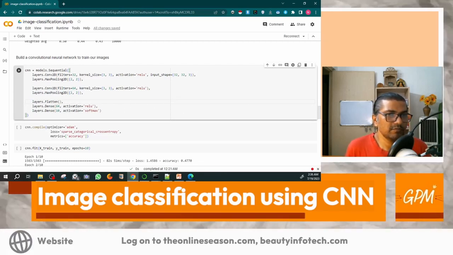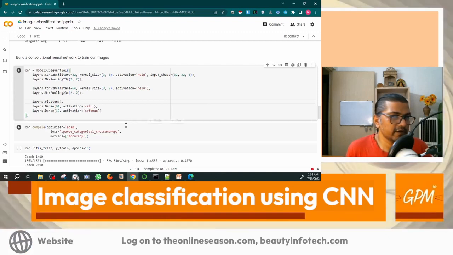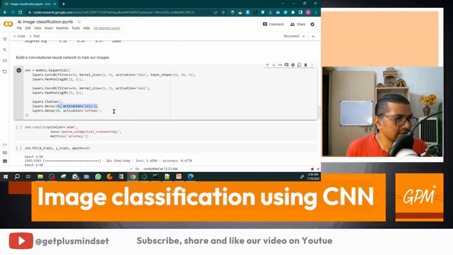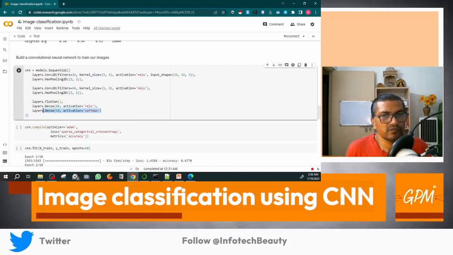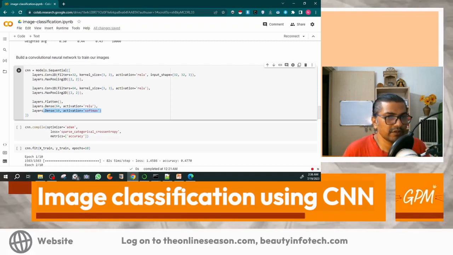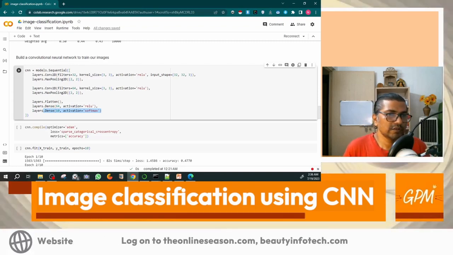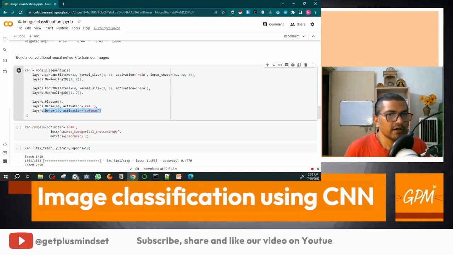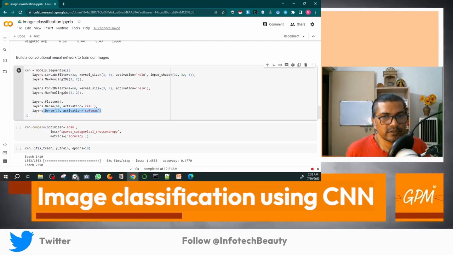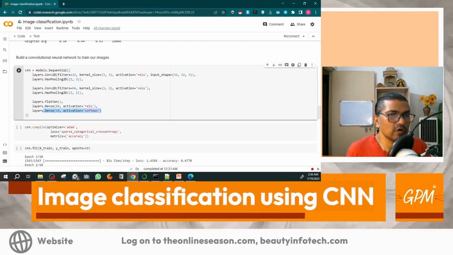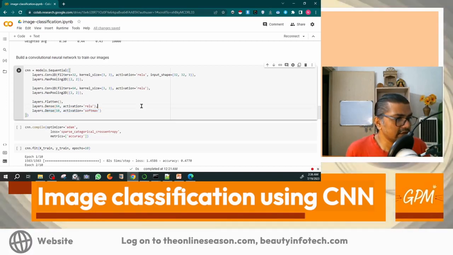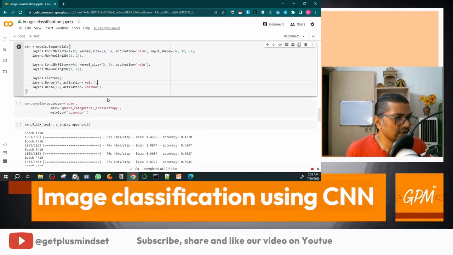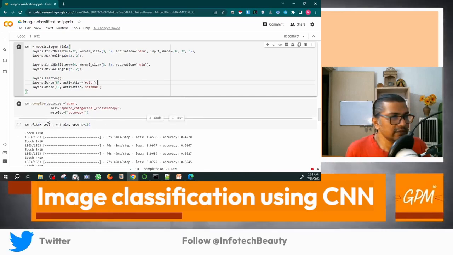So the feature maps are then flattened to a 1D vector using the flatten layer, and here we use the ReLU function and the softmax. The ReLU function and the softmax help the classification. Two dense layers with 64 and 10 units respectively are added with ReLU and softmax activation for classification, and this model is compiled and optimized with the Adam optimizer